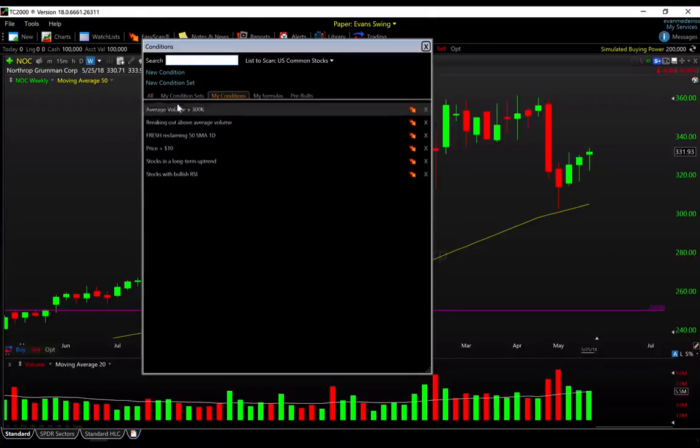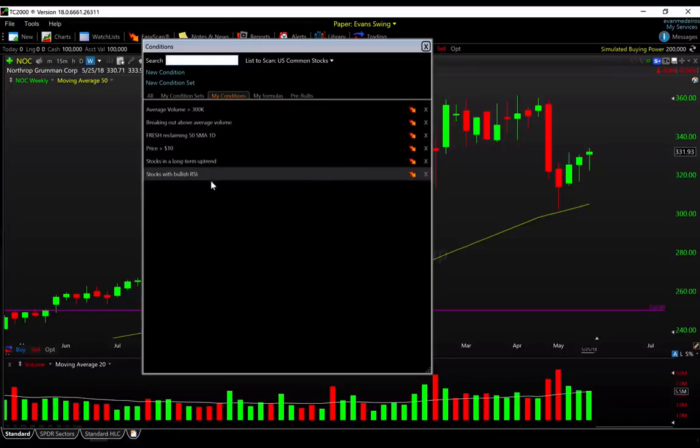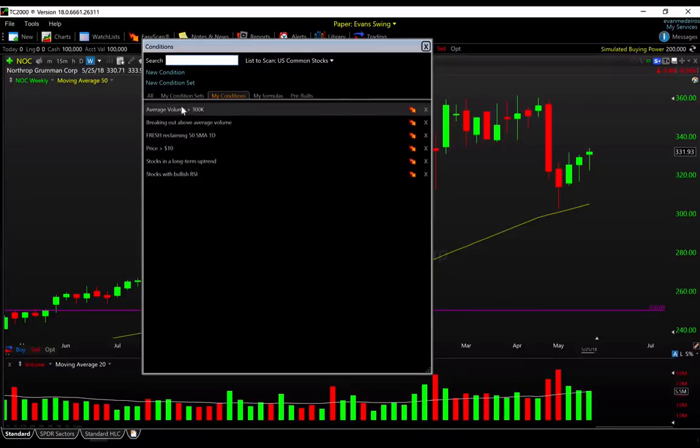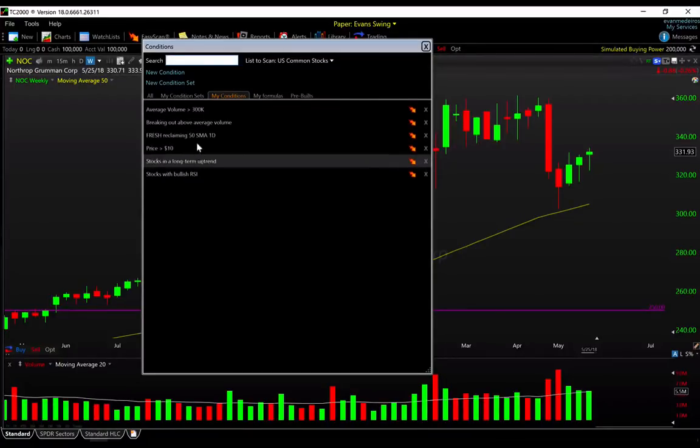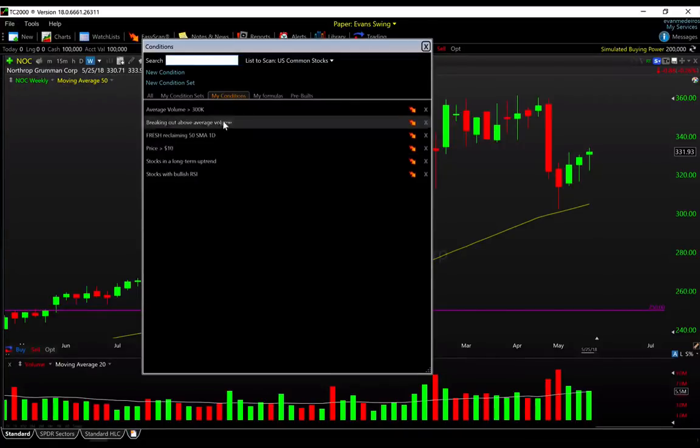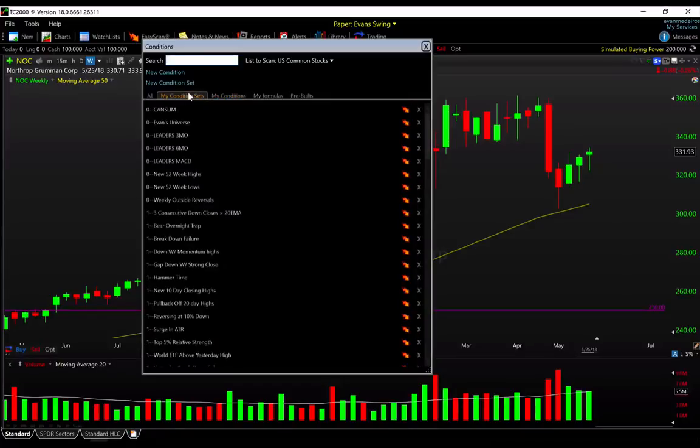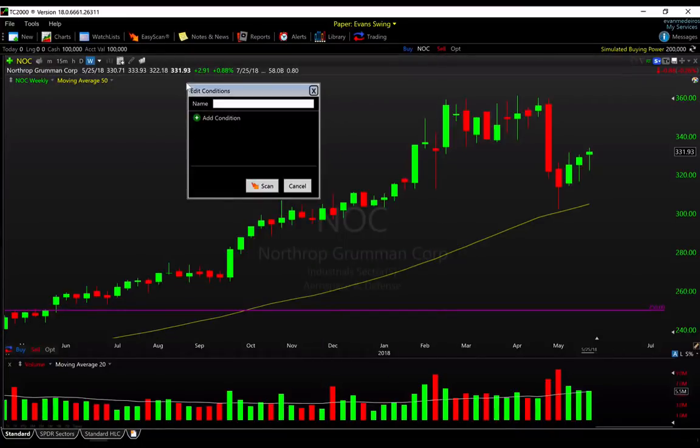So if you click on My Conditions, you're going to want to build out the 5 or 6 that we went through. Or actually there will be even more if you include the first price breakout ones. But now we're going to create a set. So we're going to create an actual set which will build out a complete scan. You can see I have a lot of scans here, but we're going to click on this new conditions set,